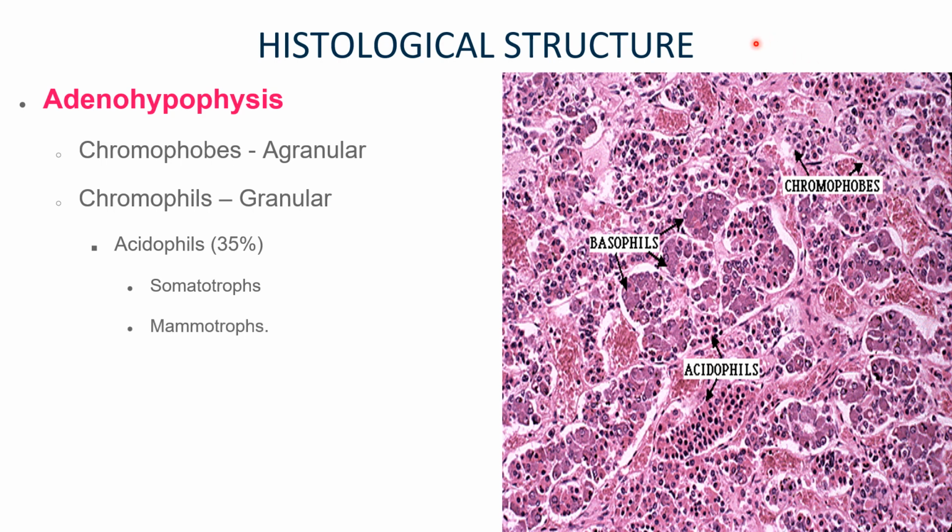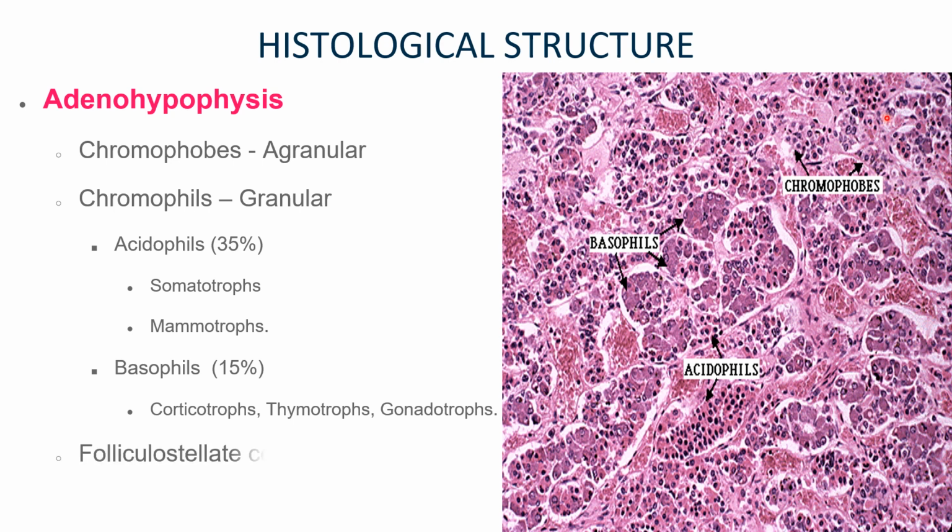So these acidophilic cells secrete growth hormone or somatotropin, prolactin or the lactogenic hormone, and then the basophilic cells, these granules are basophilic and they secrete ACTH, beta lipoprotein, and also thyrotropic hormone, which stimulates the activity of the thyroid gland, and also they secrete follicle stimulating hormone and luteinizing hormone,